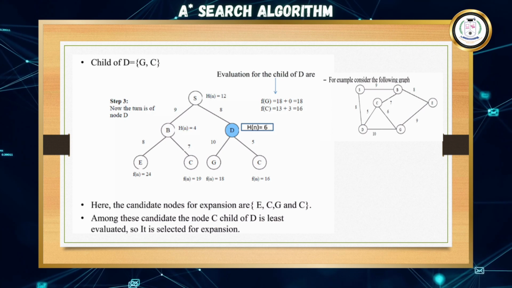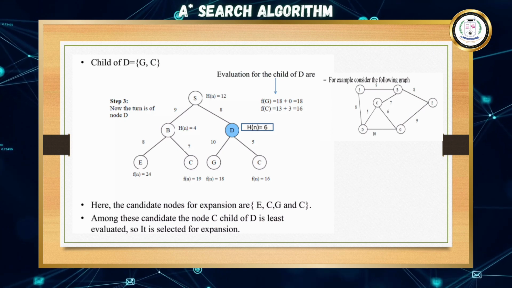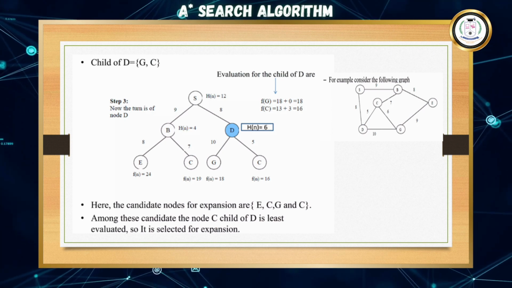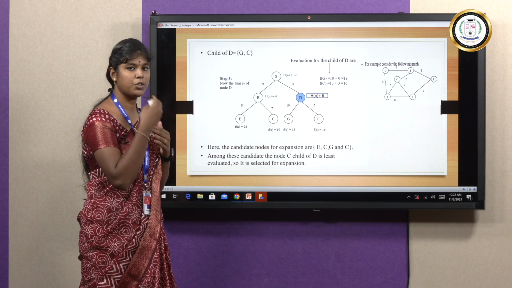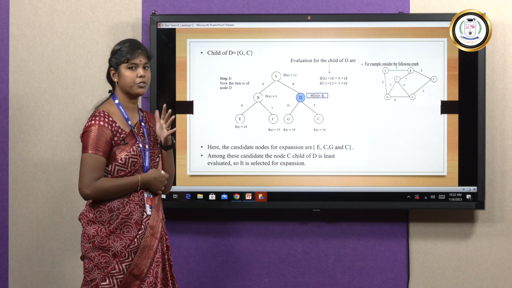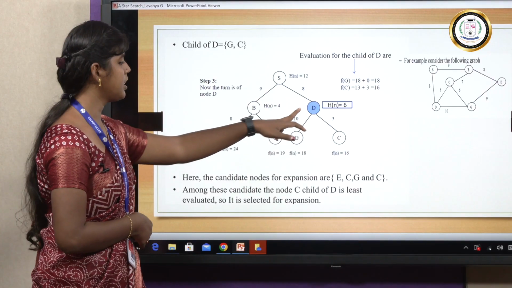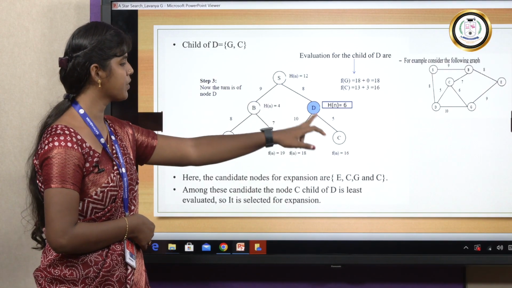So the next step, you need to calculate from node D. From node D we will be going to C and G. Don't take the S value because it doesn't go back to the starting node. It will be going on to reach the end goal node. So for D, the values will be G and C. For G,